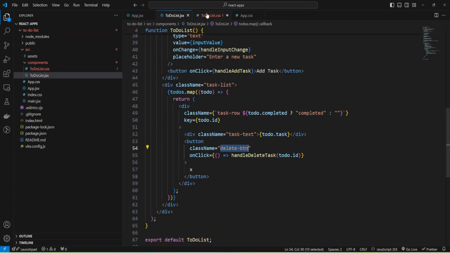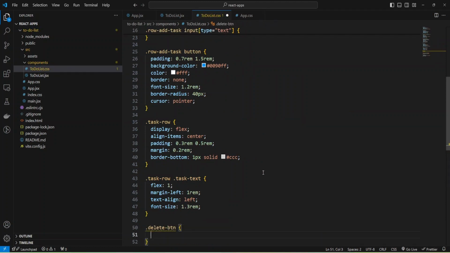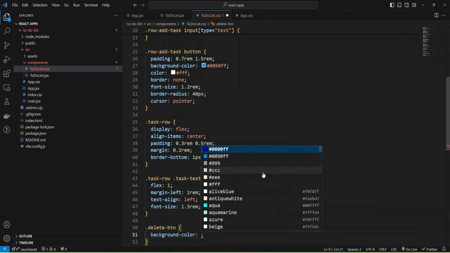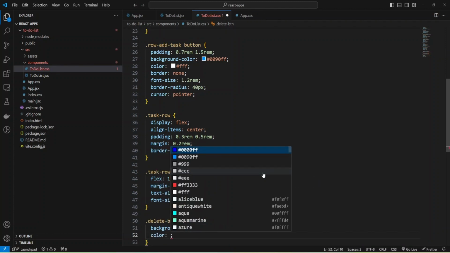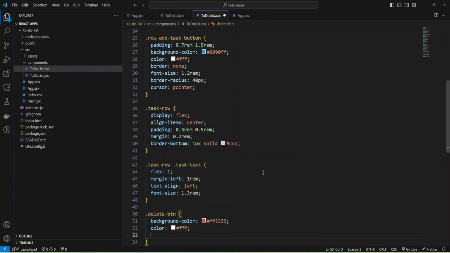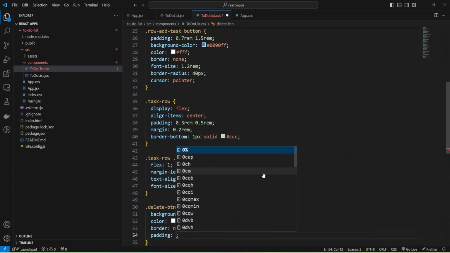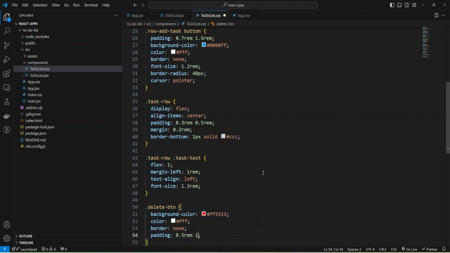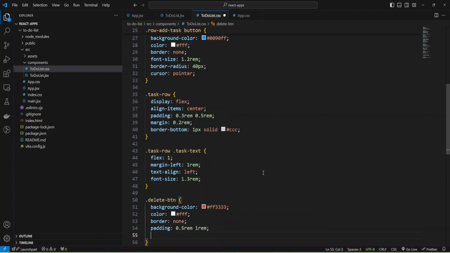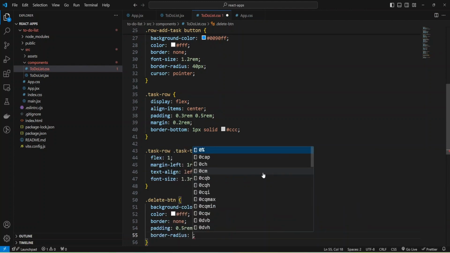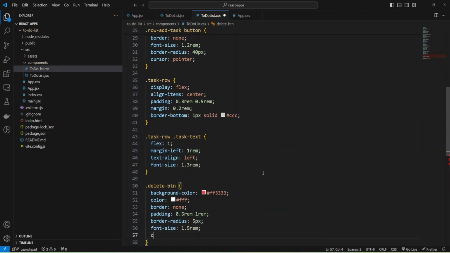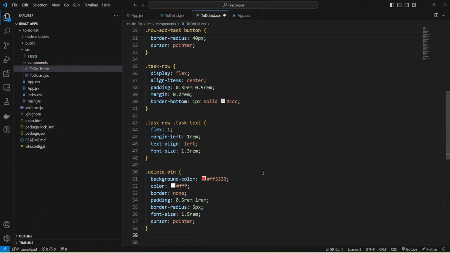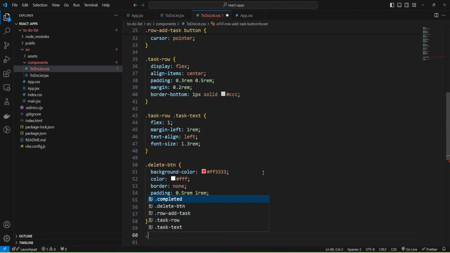And now I can add styles for my delete button. It has class delete button. And I'm going to change background color to some red color using hex, and also make color for text white, and add border none, add some paddings, something like that, and 1 rem, and also set border radius to 5 pixels, and increase font size to 1.5 rem, and make cursor pointer, and we need pseudo class hover to change background color.